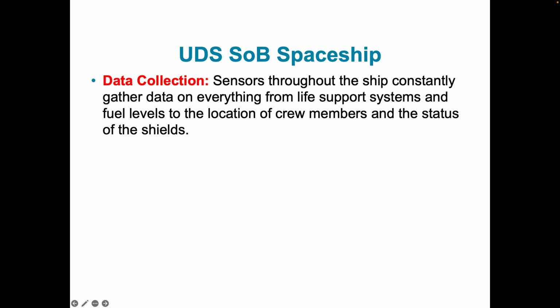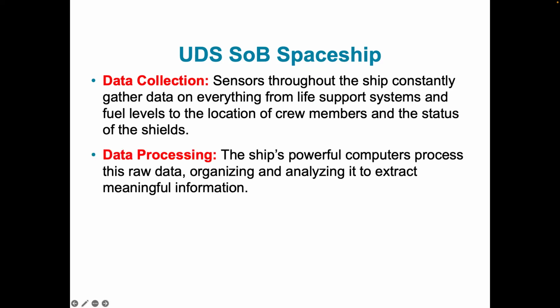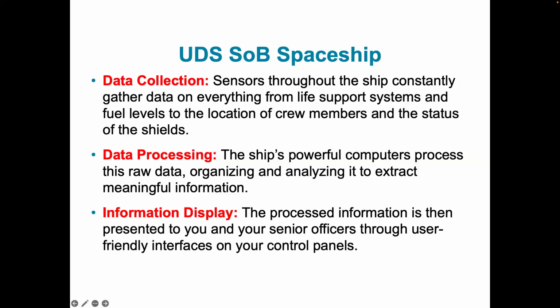The sensors will do what? Will detect it, and the pilot would know, so that the pilot will be able to meander the spaceship in a way that it will not be hit. That's just one aspect. One other important aspect is data processing. The ship has a powerful computer processing tool, which processes whatever trackings the spaceship does regarding alien objects, asteroids, and whatnot. It will process this raw data and analyze it, so that the pilot will be able to tell whether it is very close to the asteroid, to another planet, or an alien being.